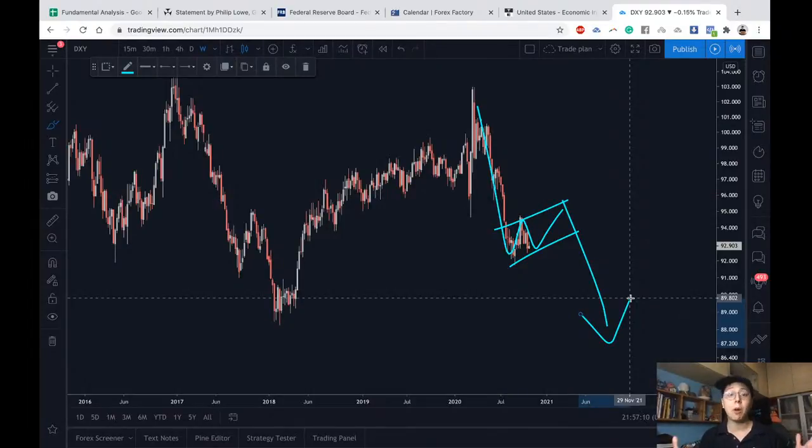Then what will happen if I combine it with fundamental? I know that fundamentally the dollar is going to be weak. The technical chart also tells me that the direction on the chart is down. Then when I combine these two, I have a higher probability. As a trader, I have higher confidence in executing my trade. So that's how we combine that together. I'm going to talk about that when we go into the technical charts, because today we won't have time to dive into the charts. But hope you can see that the combination of it is important.